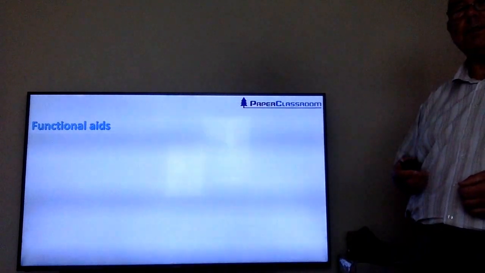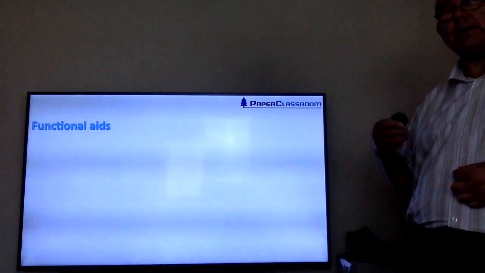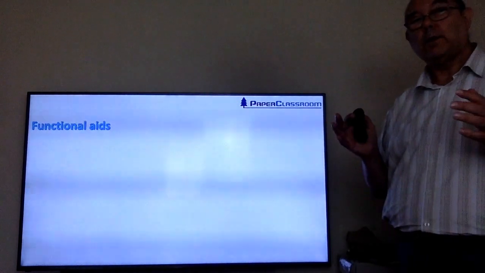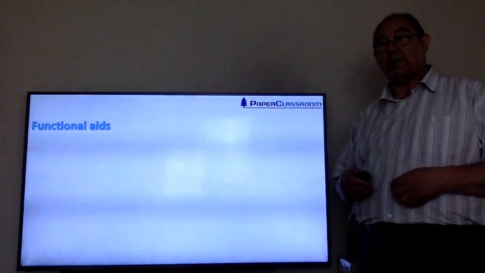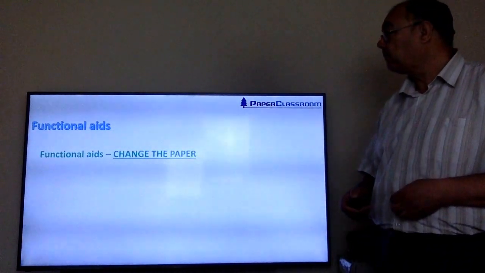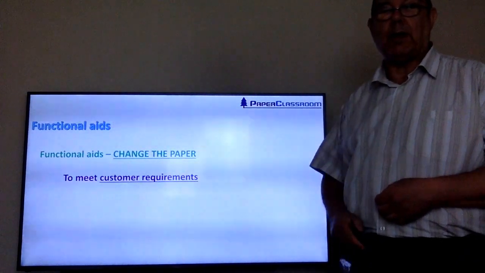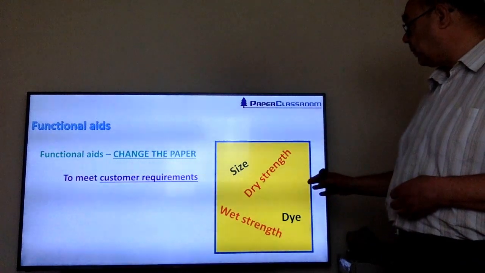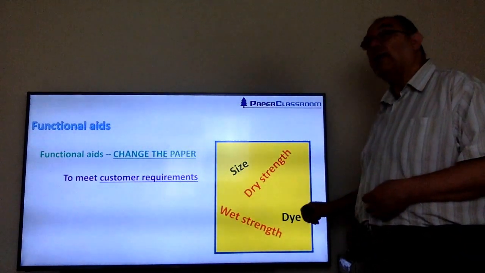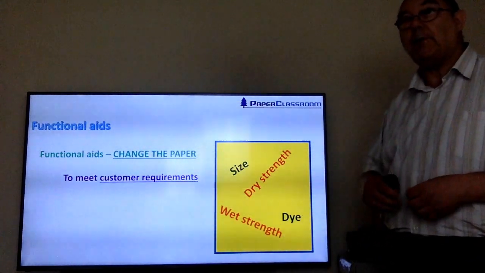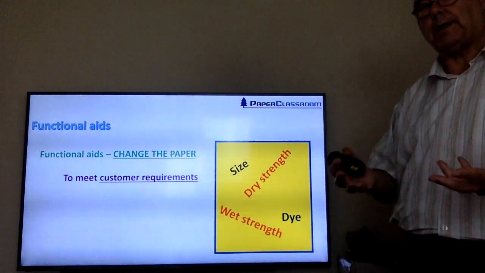Functional aids. Functional aids are there to change the nature of the sheet to meet a customer requirement. It's in the customer specification. So they change the paper to meet customer requirements. And examples will be a dye, for example. If a customer wants a red piece of paper, you'll put a red dye in,